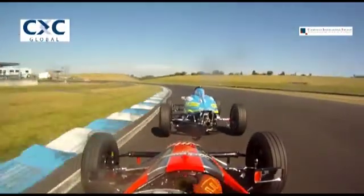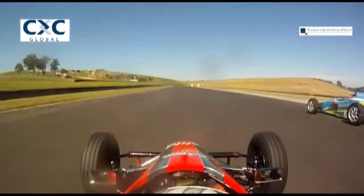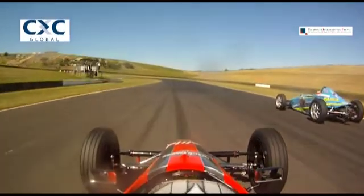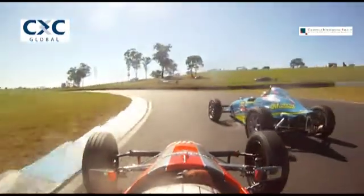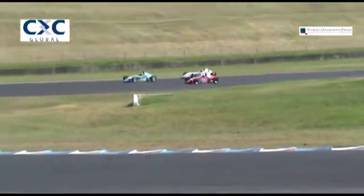Well, at Eastern Creek, you don't usually want to be leading on the last lap, but you don't want to be in 3rd place either. So maybe Ben might have a bit of work. Maybe his strategy just might not be working on this last run. As you say, you don't want to be 3rd, that's right. He might try and get to 2nd so that he's got the run down the straight. Stubbsy, obviously being a Victorian, probably doesn't know that yet, but he should know it because